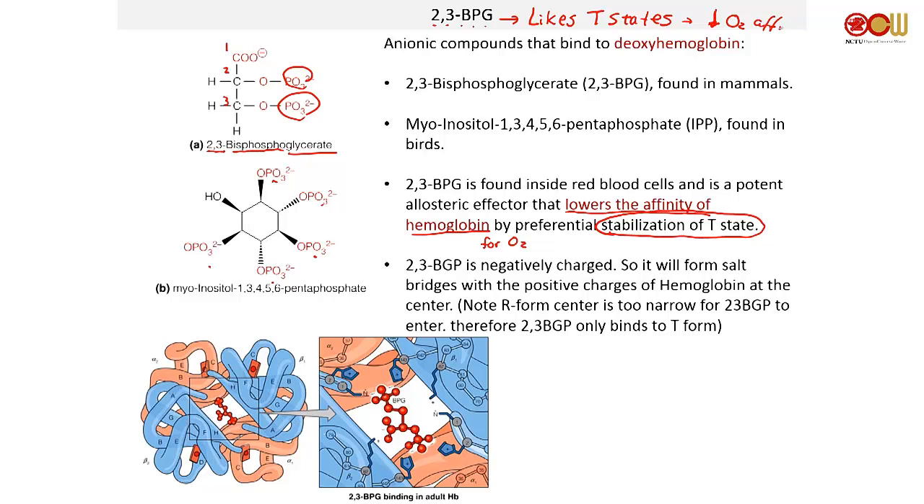Turns out 2,3-BPG is negatively charged. I mean, no kidding. You have 2 phosphates, okay? 2 minus, 2 minus. So total 4 minus. So this thing is very negatively charged, so it will form very good salt bridges with positively charged hemoglobin at